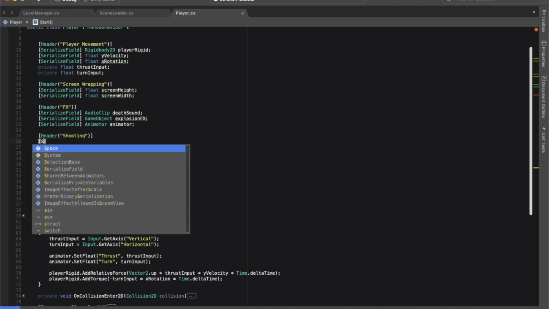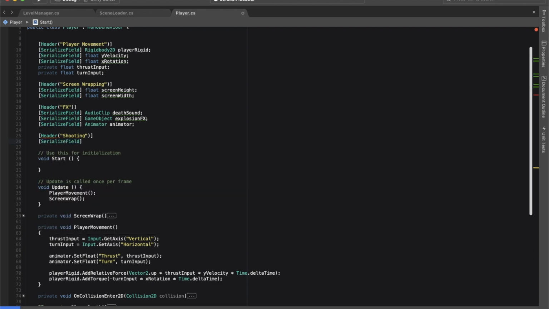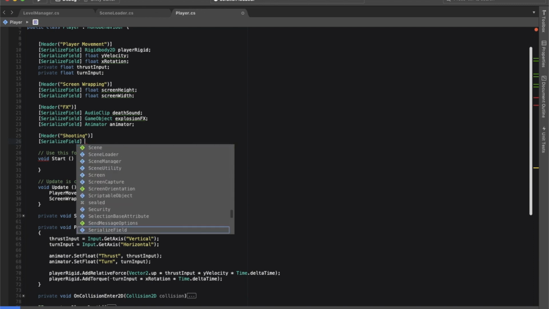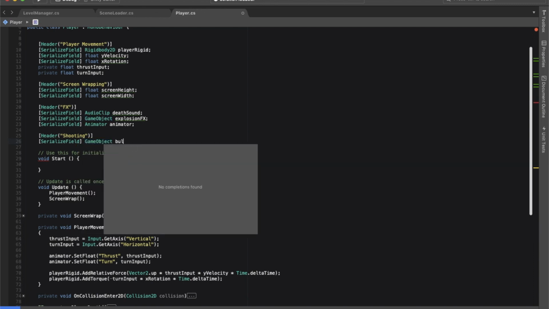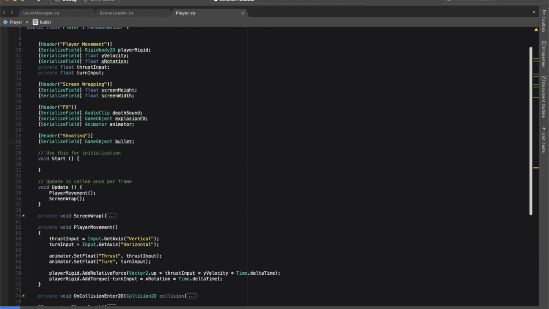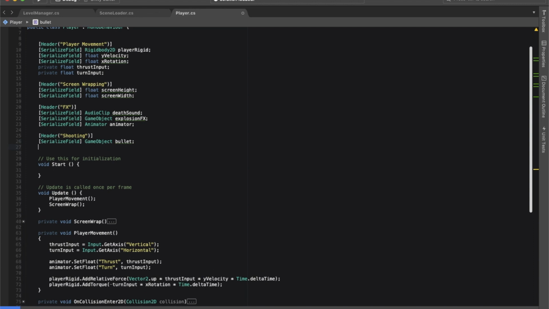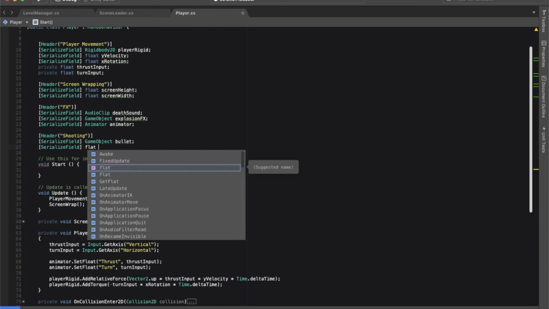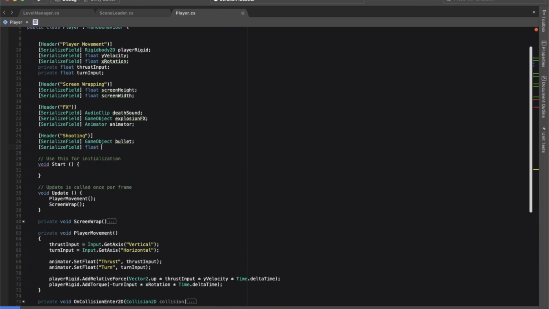And then we need a serialized field. And this serialized field is going to be a game object. And we want to put a bullet in there. That's going to be the bullet that we drag into our player. And then we need a serialized field that we are going to use for determining how fast our bullet moves. And we want to serialize it for now. We can actually go back in later, and once we're happy with all of our settings, probably remove most of these because we don't need to expose them in the inspector anymore. But for right now, we'll probably want to tweak the bullet speed